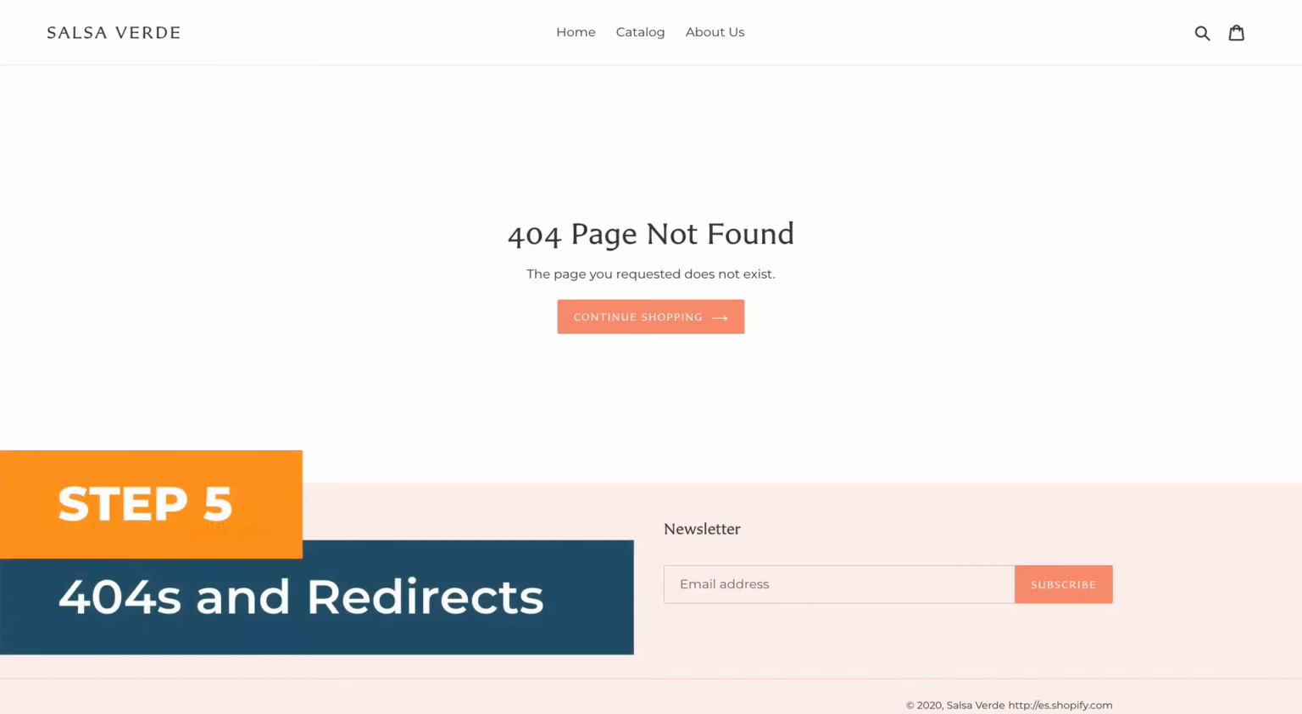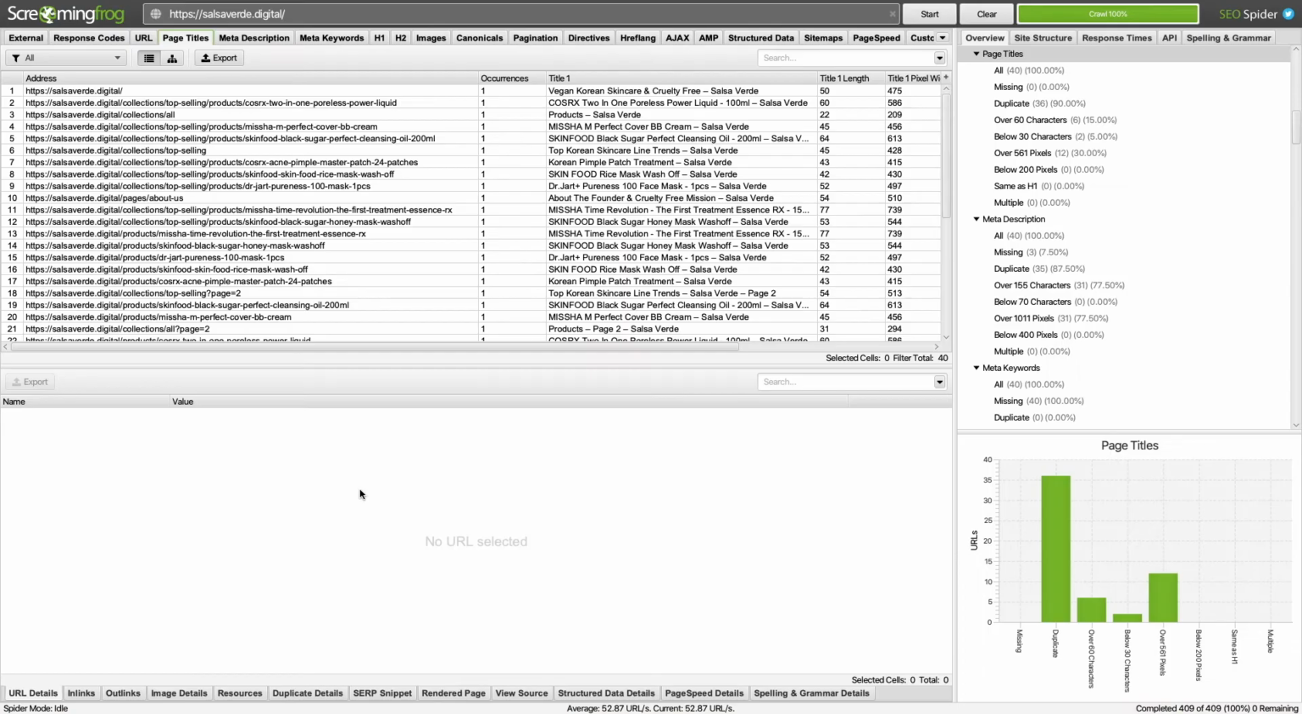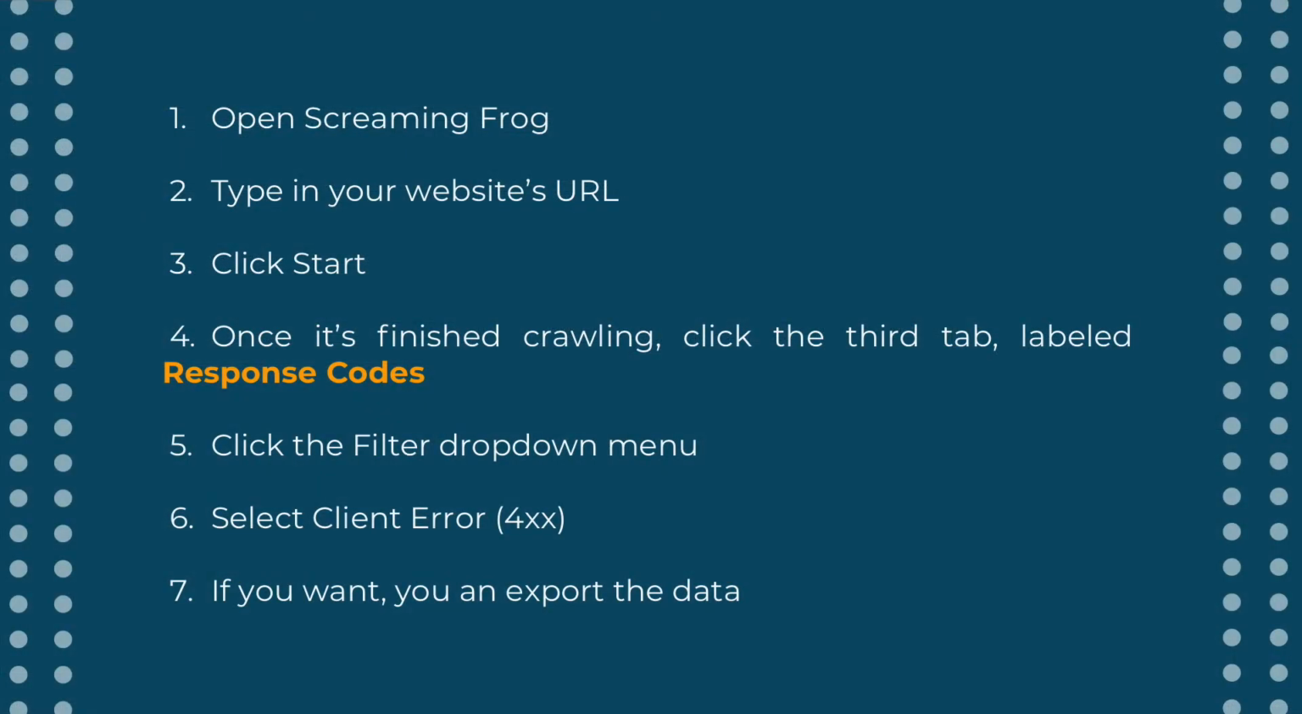Step 5, 404s and redirects. To check for broken links and fix them, also known as 404 not found errors, you will need Screaming Frog and your Shopify backend. Here's how to do it. Open Screaming Frog, type in your website URL, click start. Once it's finished